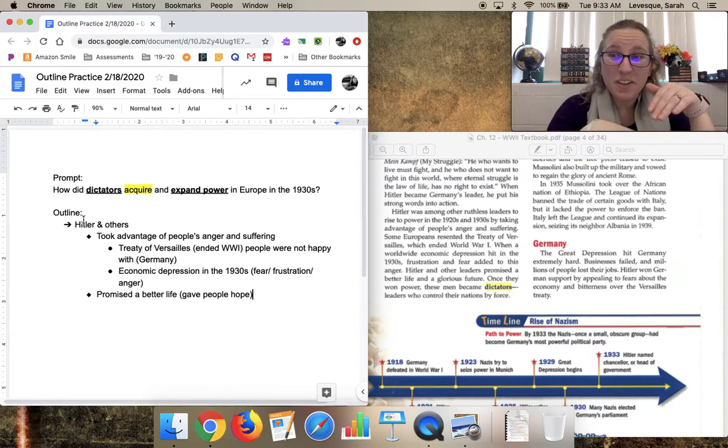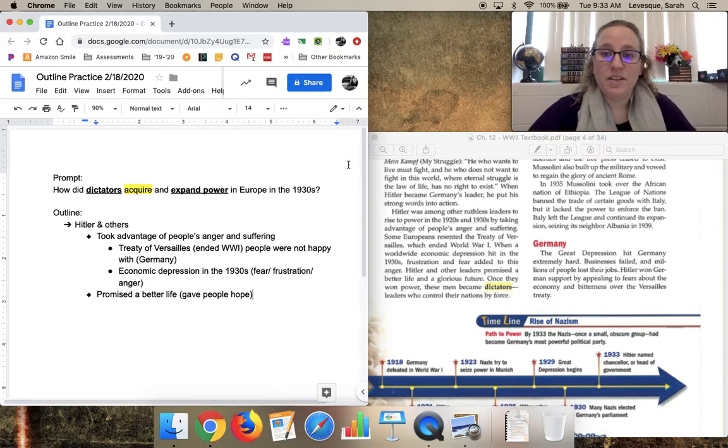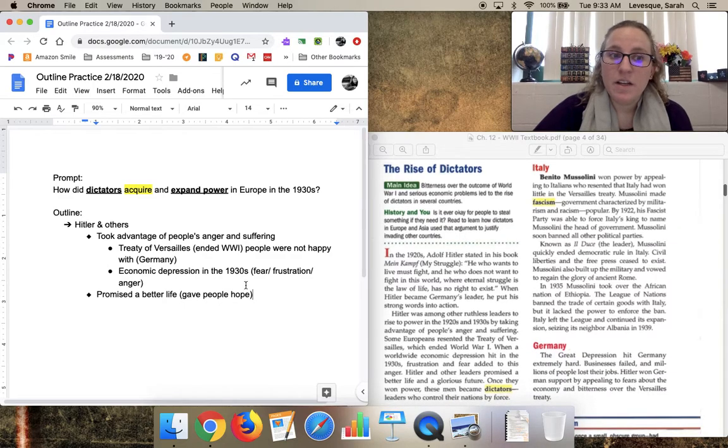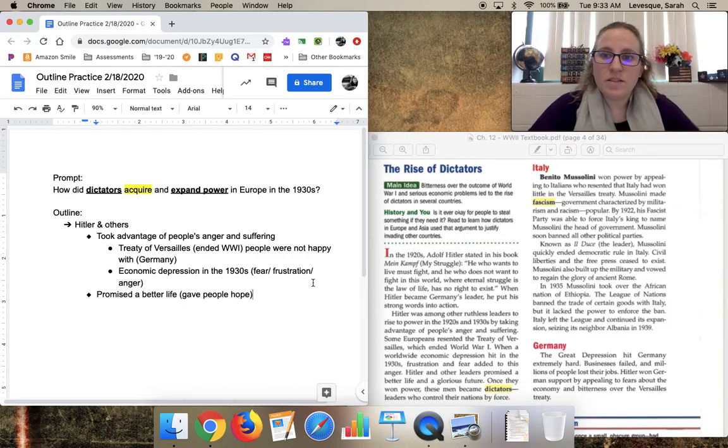Do I need to take all this information and use it in my prompt? Absolutely not. Is it good to have notes to pull from when it's time to write my paragraph or 2 or 3? Yeah, the more notes you have, the more material you'll be able to kind of pull in and work with. Cool. Okay. So now this outline is going over to Italy.